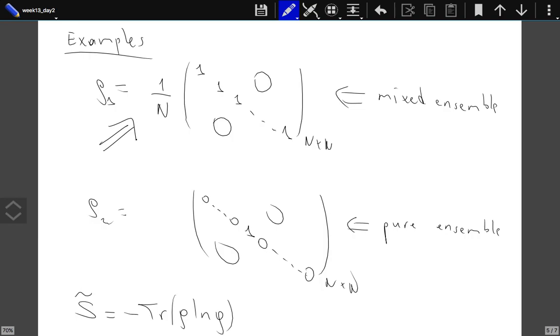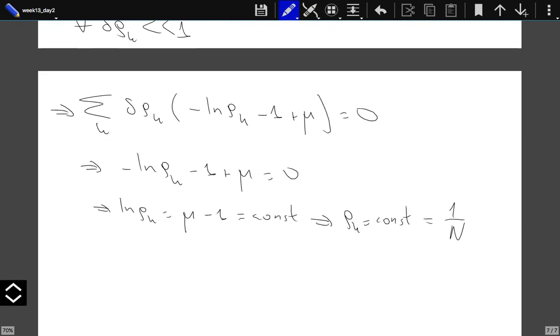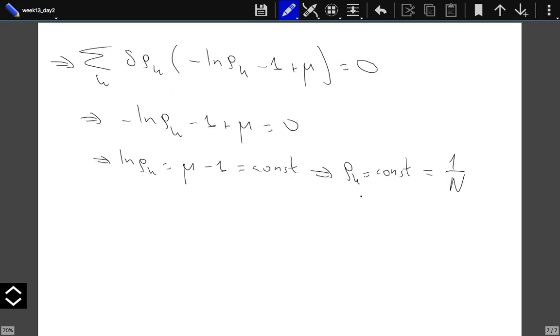Well, let's look at the canonical ensemble. Of course, here just keep in mind rho k is a constant. But that constant can also be 0 or 1 over n, n being the number of states that have the given energy. Energy is fixed in the microcanonical ensemble. In the canonical ensemble,